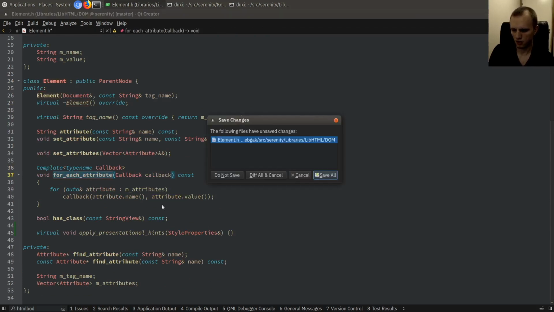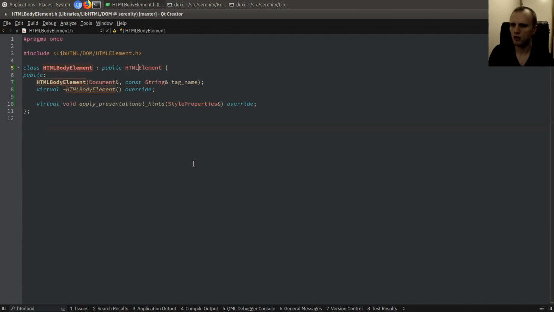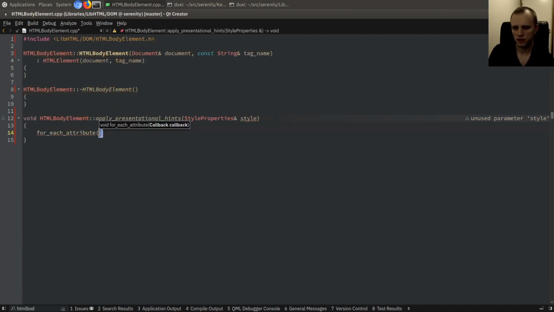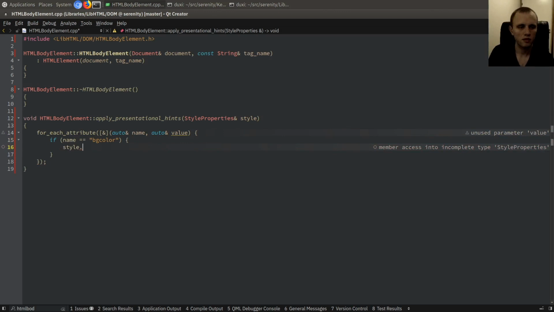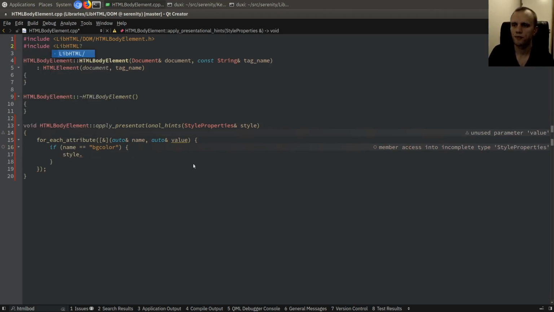Look at that. Okay, well, say no more. For each attribute, name and value. Then if name is bgcolor, style set, oh, we have to include that. CSS style properties, set property,